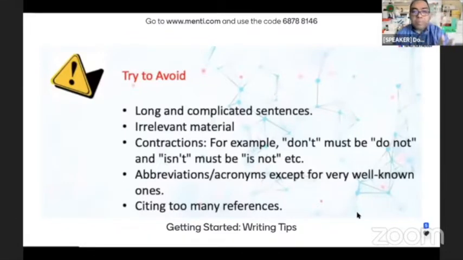Now, ito, better you spell it out first, saka nyo lagyan ng acronyms after you spell it out. No? So halimbawa, NMR, hindi naman po lahat nakakaintindi anong ibig sabihin ng NMR. Okay? So you have to spell it out. Nuclear magnetic resonance. Halimbawa, ganon. No? Tapos lagyan nyo ng parenthesis, NMR. So that later on, you can mention simply NMR spectroscopy, no, as the method. Okay? Pero sa simula, do not abbreviate, do not use acronyms.